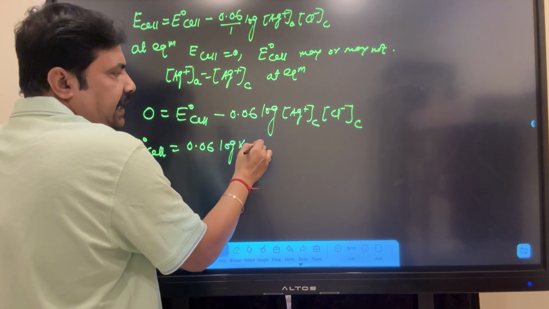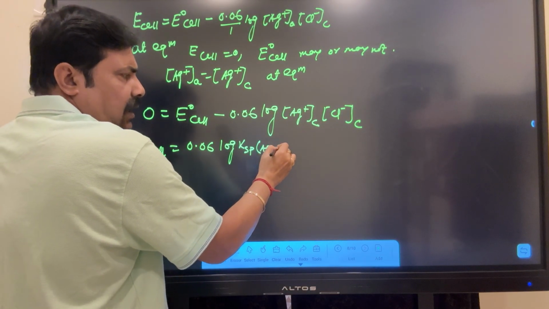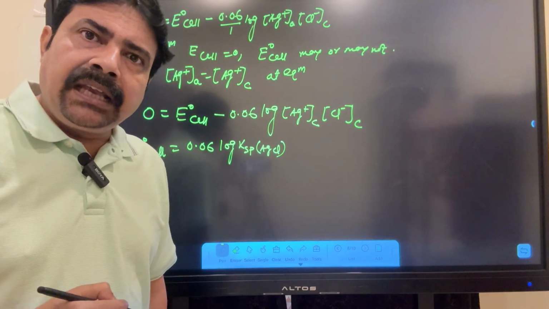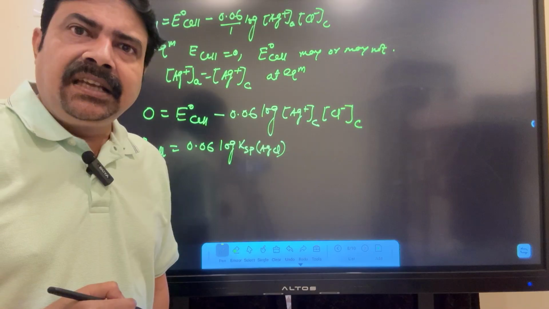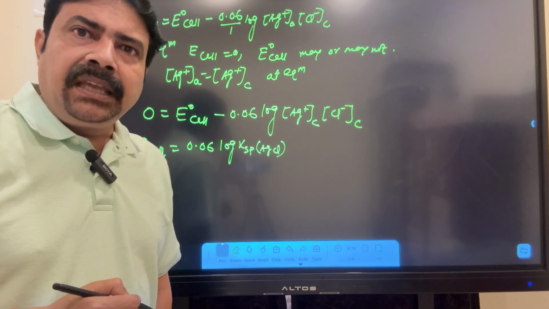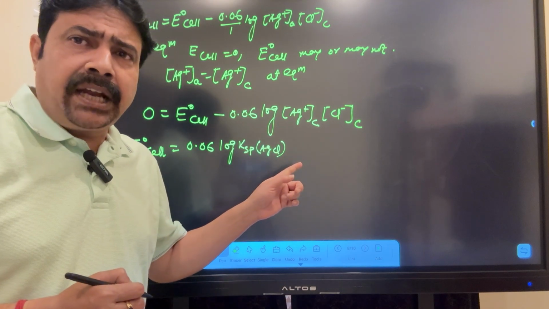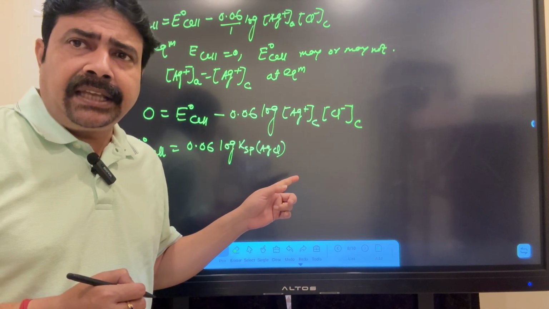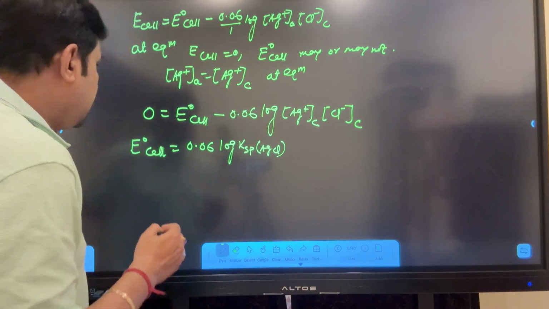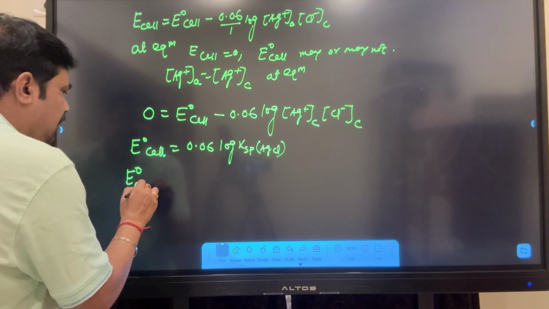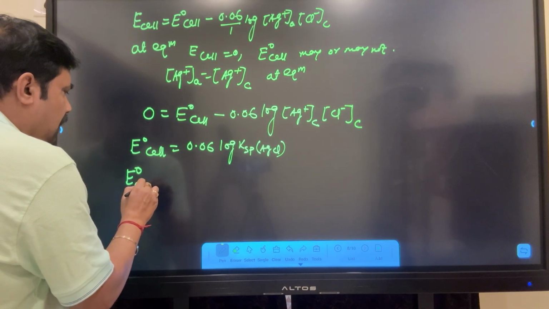I am writing Ksp of AgCl. You understood the idea: if it is the silver ion concentration at the anode, we cannot write that equal to Ksp. But if it is silver ion concentration at the cathode times chloride ion concentration at the cathode, then only I can write these things. Now immediately E naught cell will be equal to E naught of oxidation plus E naught of reduction